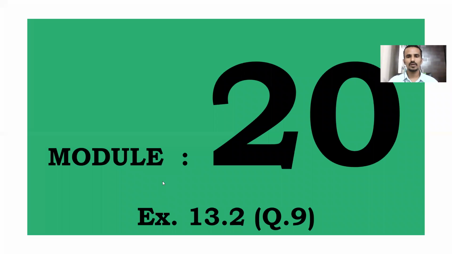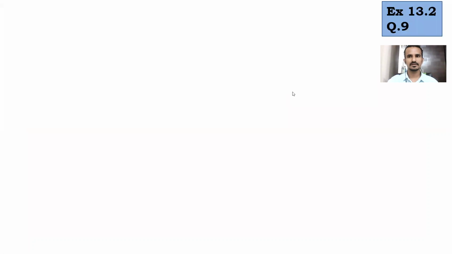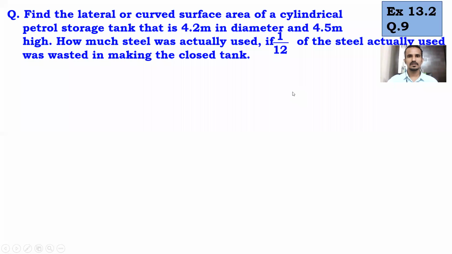All right, let us take one more exciting question from exercise 13.2, which is question number 9. Let's understand this question first. The question is, find the lateral or curved surface area of a cylindrical petrol storage tank that is 4.2 meter in diameter and 4.5 meter high. How much steel was actually used if 1 upon 12 of the steel actually used was wasted in making the